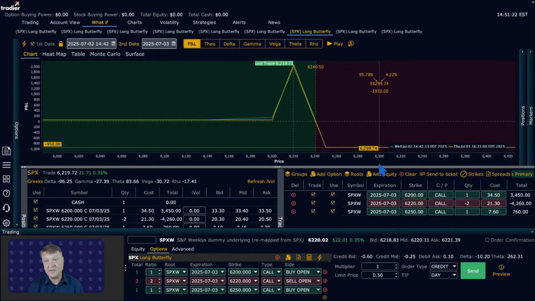I know that it is very in vogue to do 0 DTE butterflies in the SPX and in the SPY. I like the SPX better because of the cash settlement. But that is the big buzzword nowadays: short-term trades in 0 DTE option contracts that want high theta. And if you are correct on your butterfly and the market stays where your middle strike is at,